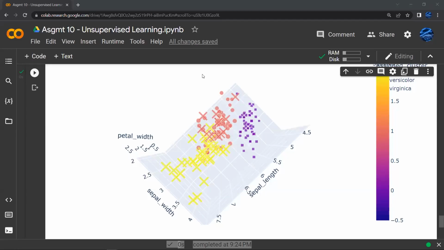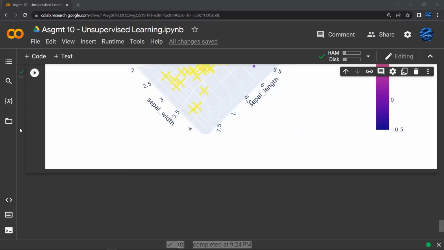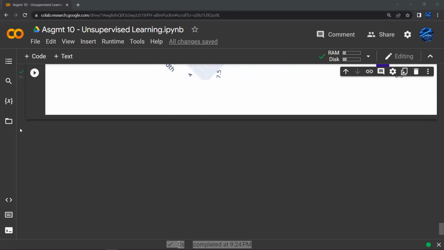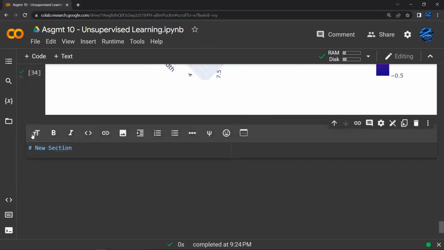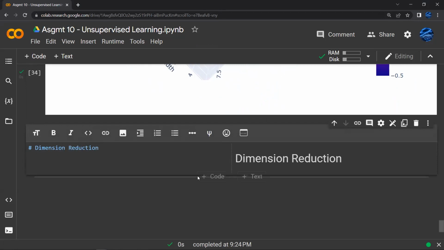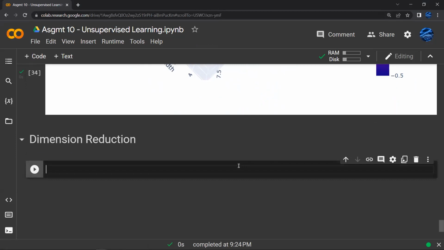Now that we have an intuition about what dimension reduction is, we're going to go ahead and apply that to our clustering output that we had. So I'm going to make a new section. I'm going to call this dimension reduction. And so the first thing I'm going to do is